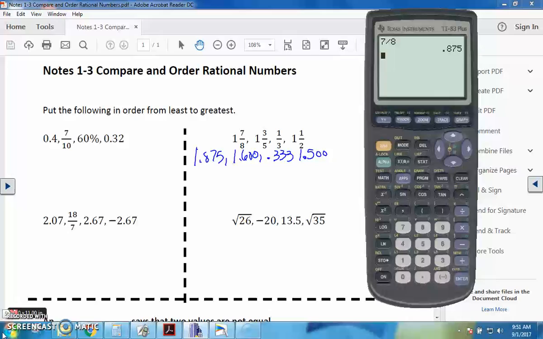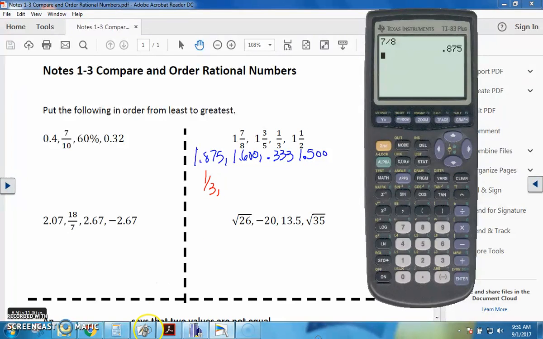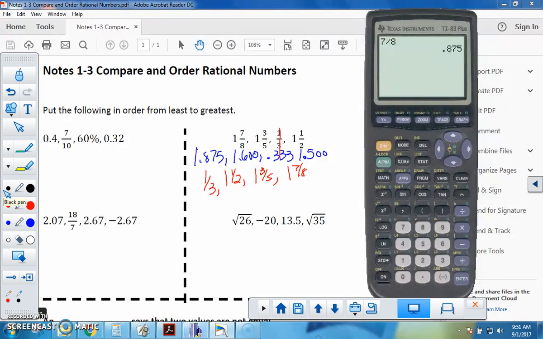So, if we take a look at this problem here, we converted all of those into decimals. So, our smallest number is going to be, tell me, 1/3. So that takes this out right here. What's next? 1 and 1/2. Next would be 1 3/5. And then lastly would be 1 7/8. Okay? Now, remember on the next one, if we take a look at this,